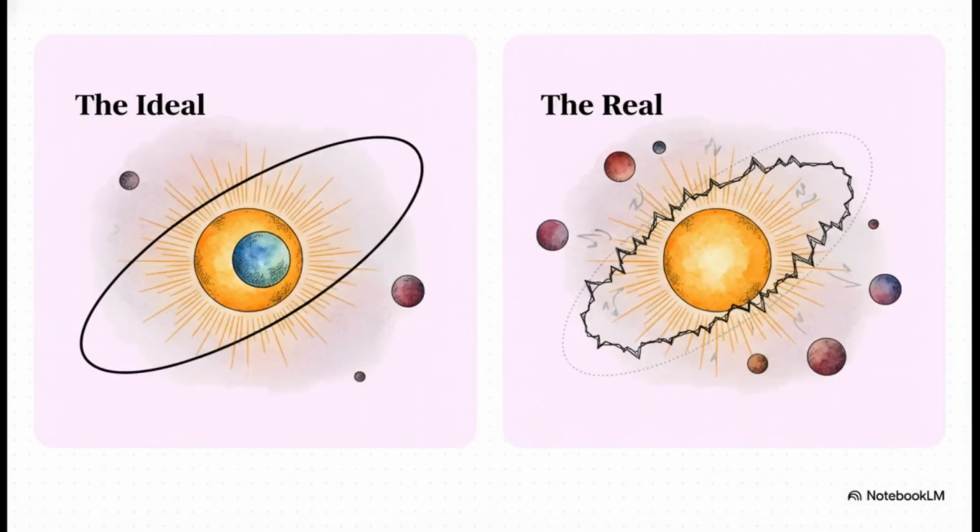But of course, reality is much, much messier. On the left, we have that ideal Keplerian ellipse. On the right, we have the real thing. You see, every object in our solar system is pulled on not just by the sun, but by every other object as well. Now, the total mass of all the other planets is a tiny fraction of the sun's mass, so these effects are small. But, and this is the critical part, they are constant and they are cumulative. Over time, they cause a real orbit to wobble, to precess, to deviate from that perfect ellipse. And that deviation is the perturbation.